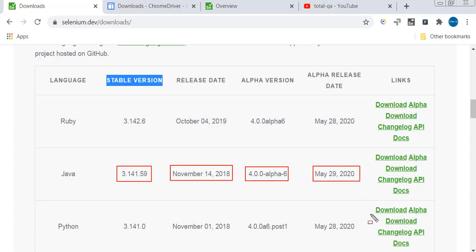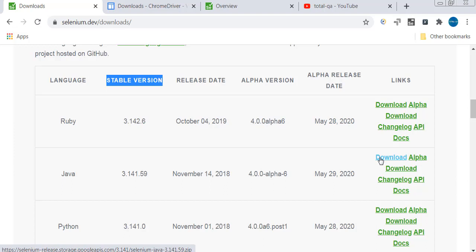If you would like to download the stable version, click on this link. If you would like to download the alpha version, click on this link. Right now we are interested in downloading the stable version, so I click on this download link to download version 3.141.59.